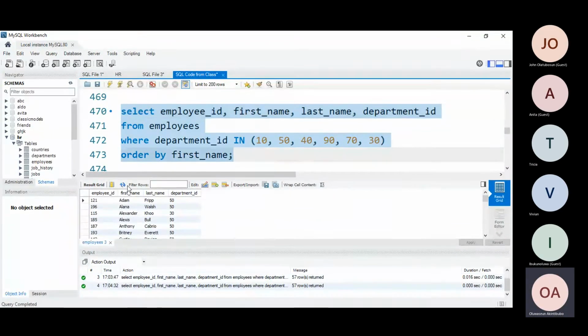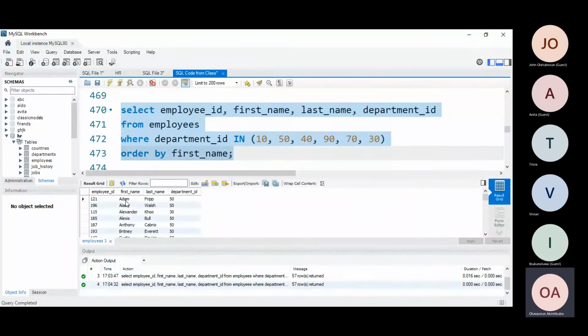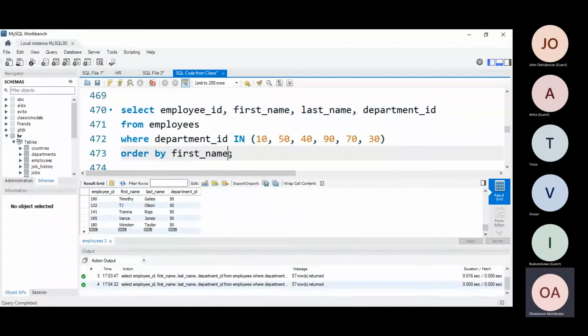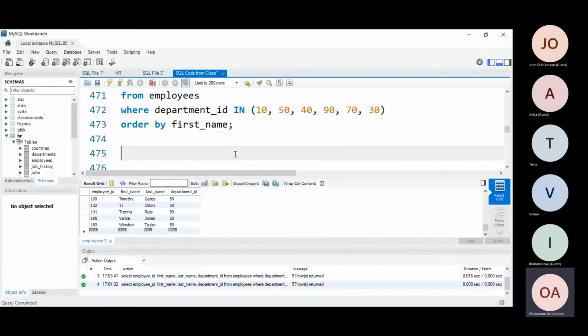Now, can you see the first name has been arranged, right? First name Adam, all the way down to Winston, right? We can also do the same and order by last name as well,